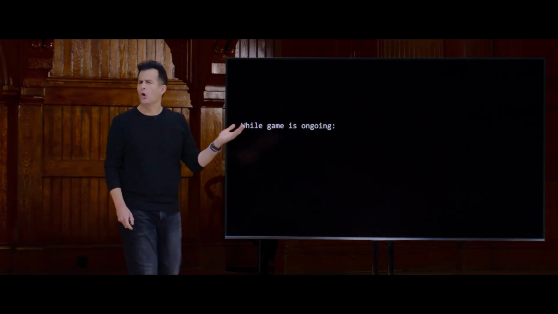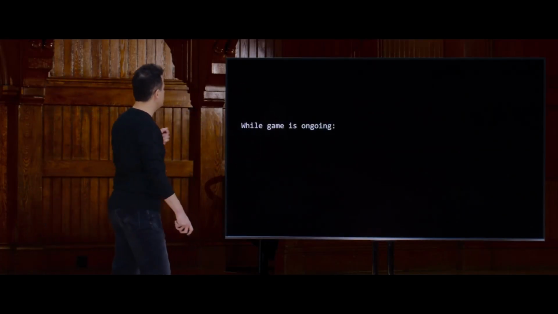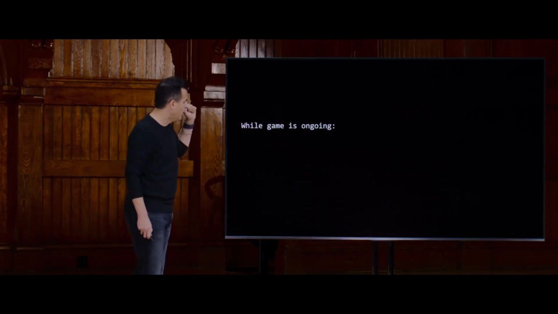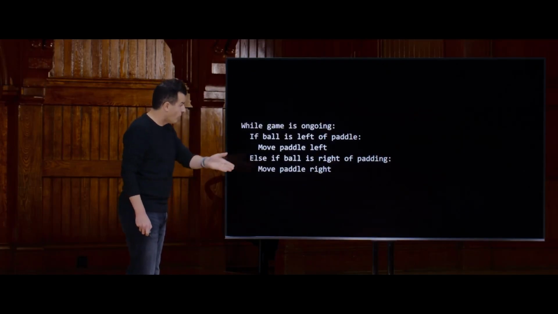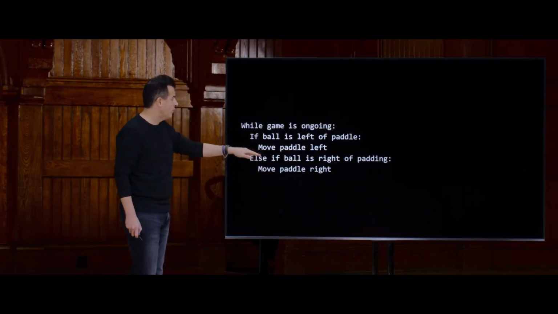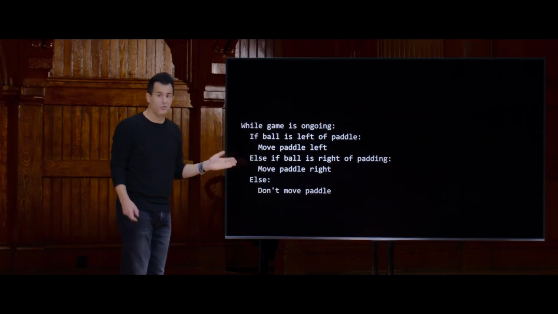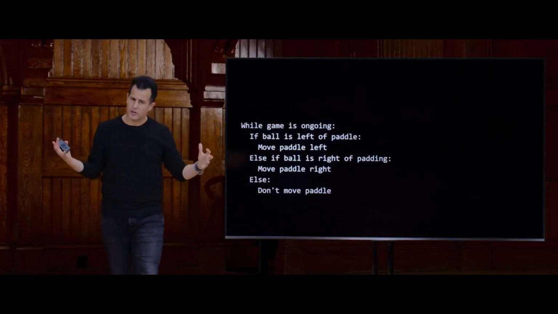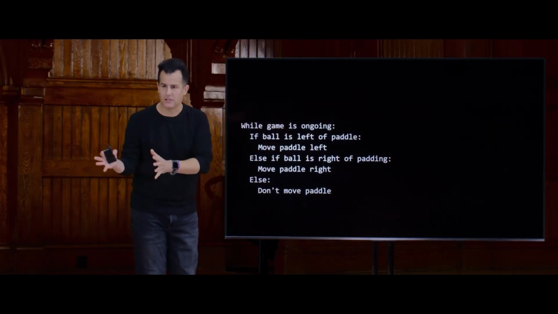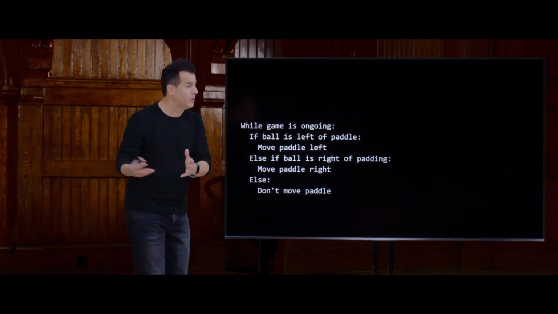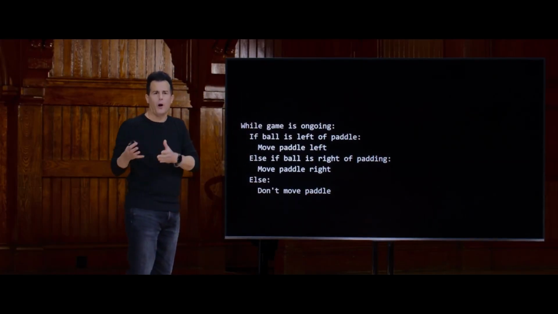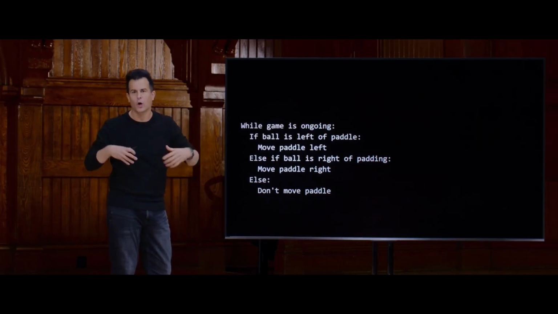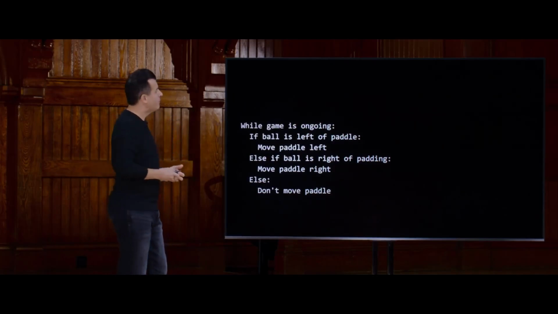And we can map it to code using pseudocode in, say, a class like CS50. We can say in a loop, while the game is ongoing, if the ball is to the left of the paddle, then move the paddle left. Else, if the ball is to the right of the paddle, sorry for the typo there, move the paddle right. Else, just don't move the paddle. And so these decision trees, as we drew it, have a perfect mapping to code, or really pseudocode in this particular case, which is to say that's how people who implemented the Breakout game or the Pong game, who implemented a computer player, surely coded it up. It was as straightforward as that.